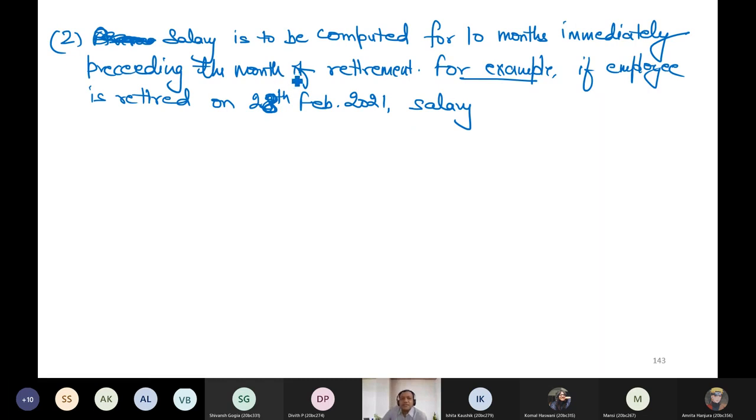It says immediately preceding the month of retirement. So my salary of 10 months will come from